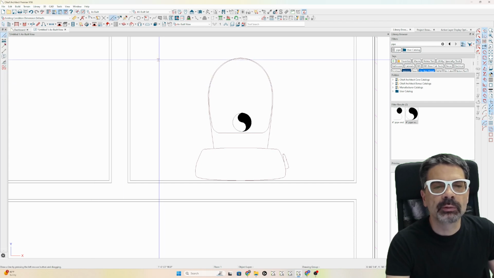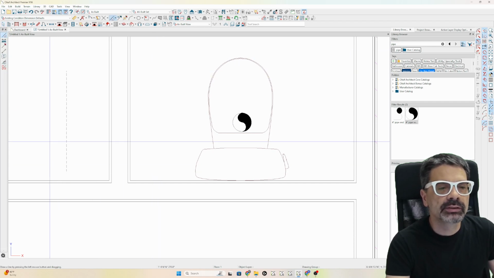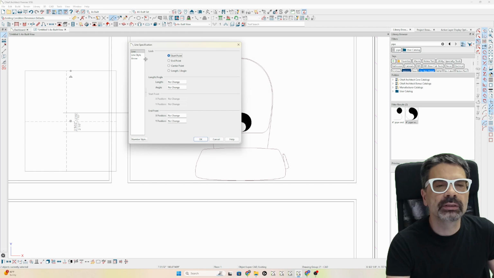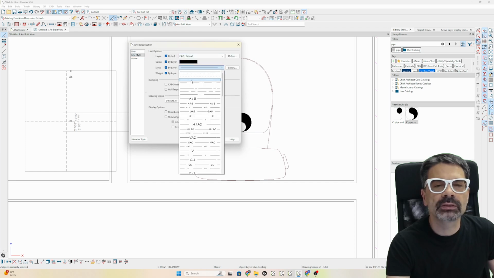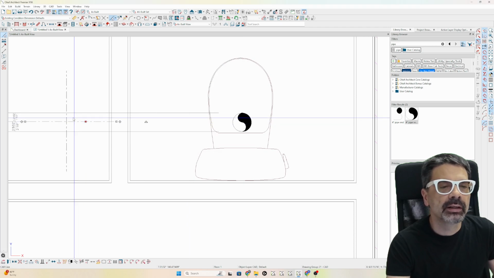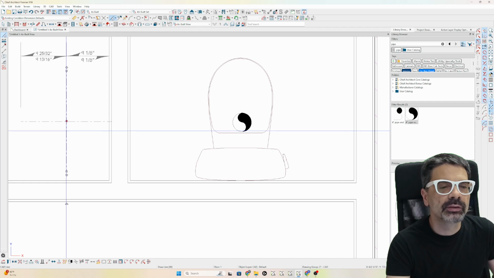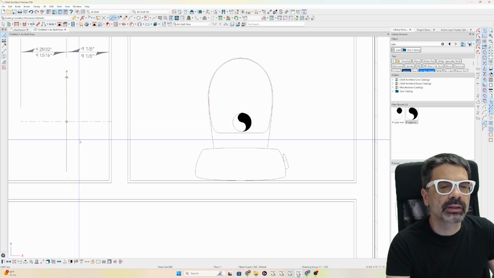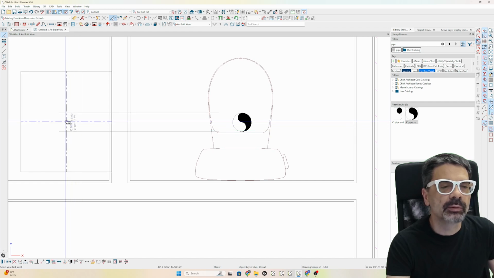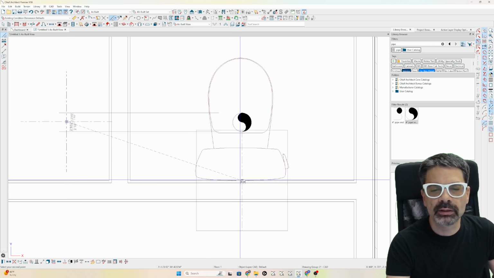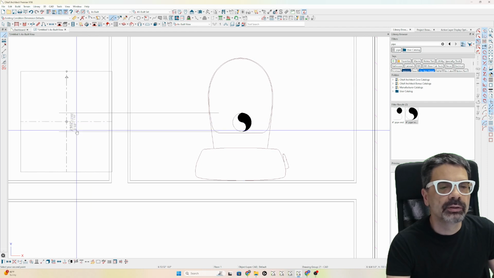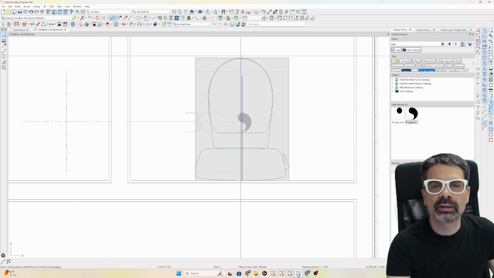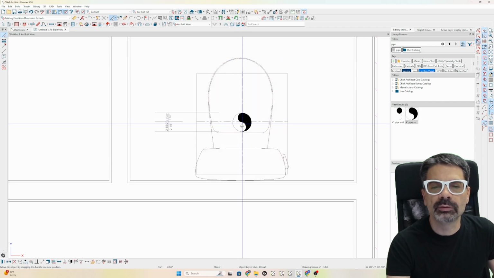And there's my pipe flange. If I were to draw a center line, let's say, like so, let's open this up and give it a default and do a center line like that. And I'm going to center each of these on itself, so that's centered. I would move this point to point right here. You could take that and center it on the left to right on the toilet, but you're going to have to